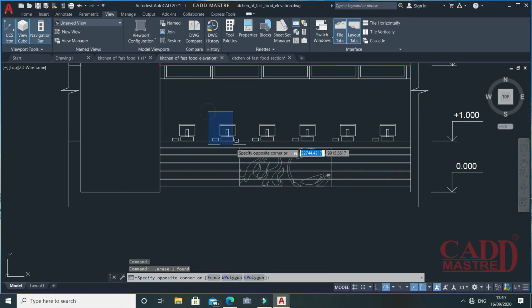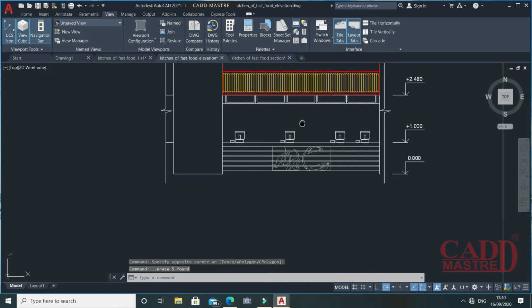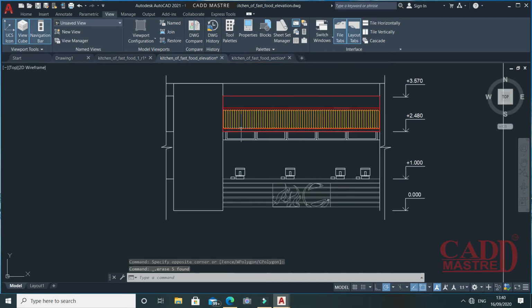I remove this computer. And I apply some hatch over this rectangular block. So I use the hatch command.